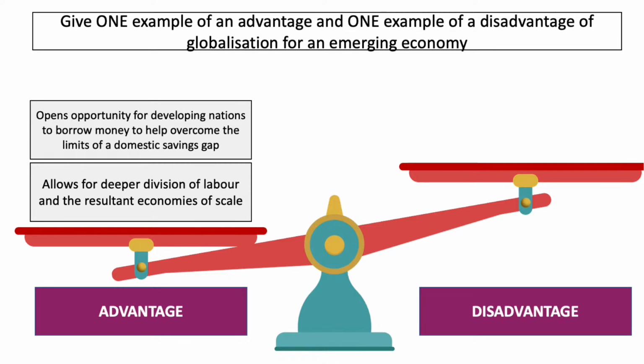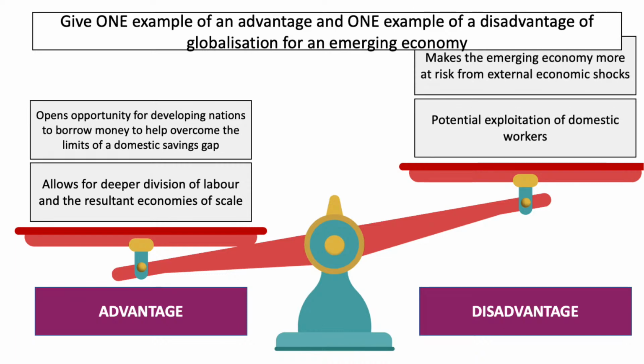Arian's already on it. He's gone for, or she's gone for, firms may send profits back to other countries like their headquarters, and they won't spend it in the host country. And actually, therefore, there might not be that much FDI actually going on that's particularly useful for the firm. Matthew's gone for a high amount of women in the workforce might mean it becomes less skilled, particularly if those nations in the past maybe have had more unequal education regimes. Maybe that will change as they move through into a more equal economy. Becca said that economies are more connected and interdependent, which increases the risk of contagion. Great answer there. Okay, let's see what we've got as our disadvantages.